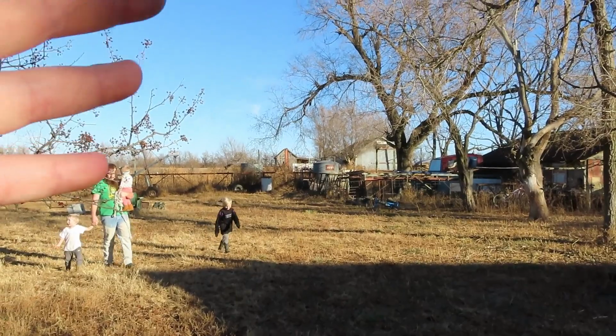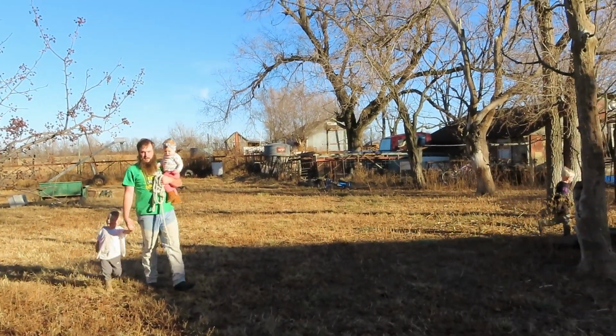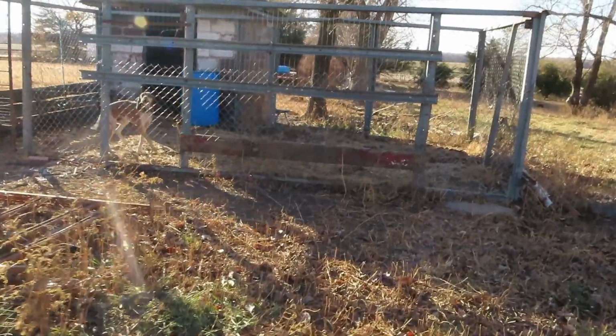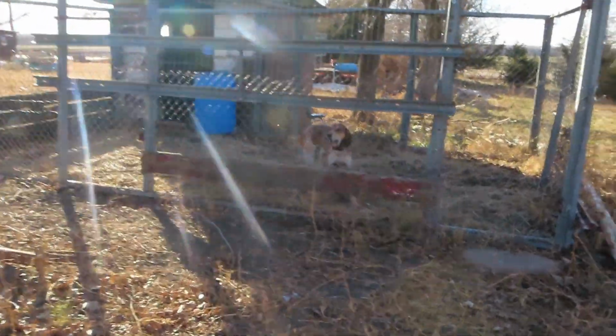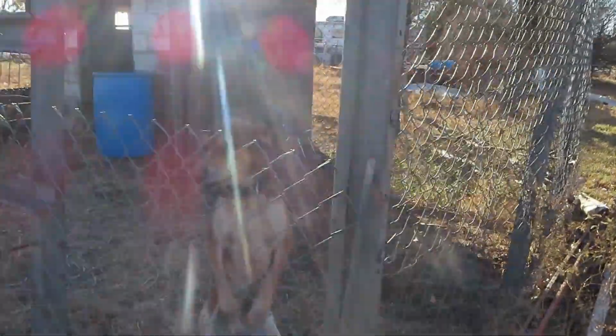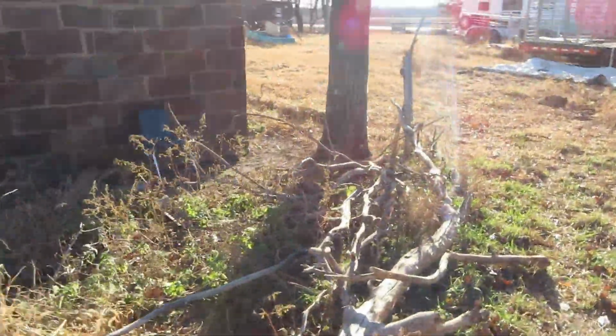On the east side, way back there in that pasture, the Chisholm Trail actually ran right through there. And then, sorry for the barking, but this is actually a really cool piece of history here too. This building here that Bear is using right now as a doghouse